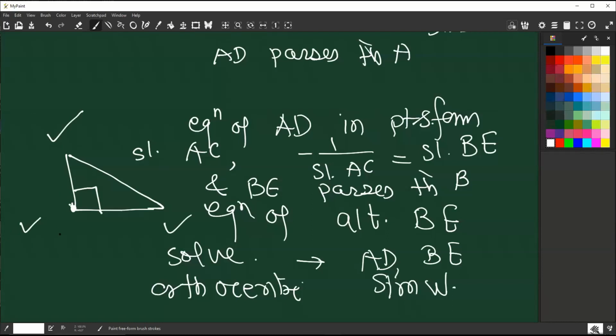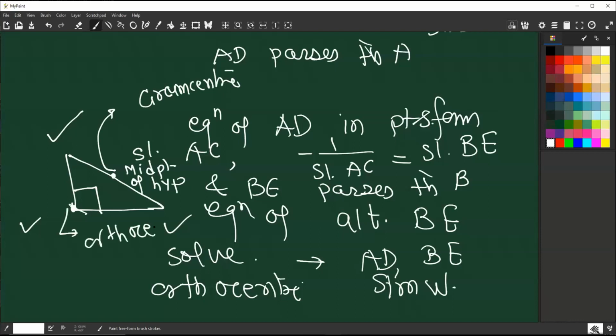That's correct. And what is the circumcenter of this right angle triangle? Who knows? Yes, absolutely right. Orthocenter is the right angle vertex. And what is the circumcenter? Superb. It is the midpoint of the hypotenuse that will give you the circumcenter. No calculation needed. In CET, questions like this come where you don't have to solve, you just have to know this. Okay, so this is about the orthocenter.